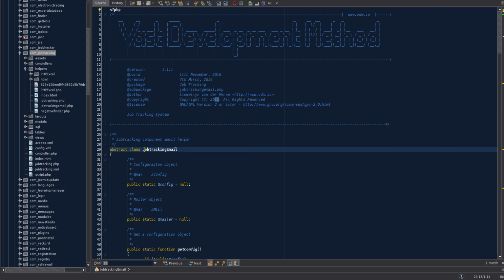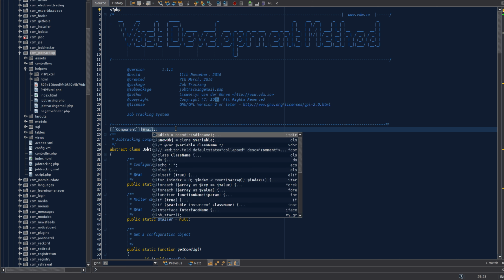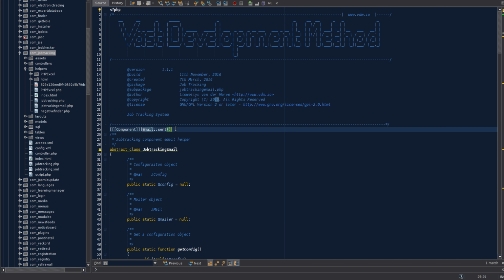And it's usually called your component's name and then email. That's the email helper class. So to use it in the custom script, you could use the three brackets, and then component like that, and then just email, and send. And that is how you would basically construct your script. I showed that as well in the tutorial where we go into more depth of how to use the email